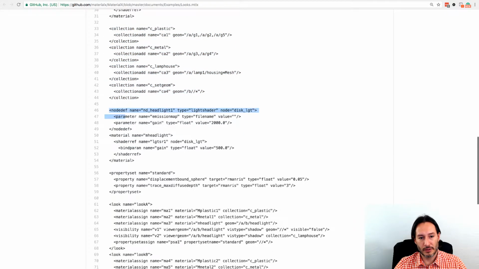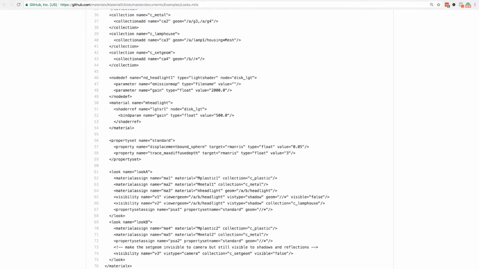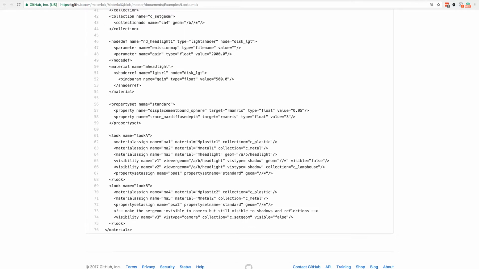You're going to see another node definition. And node definitions are ways for you to define custom nodes, right? Because a good specification needs to be able to account for nodes that are custom, that are not globally available. A lot of studios have their own custom nodes, and if a specification does not allow you to use those, then it's not going to be too useful, especially for big studios that do a lot of their own stuff. So that's why they created this node definition, which allows you to define custom nodes. And then down here you have property nodes, and once again you get down to looks.